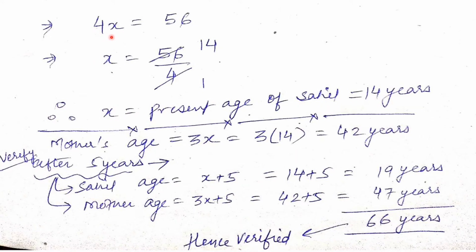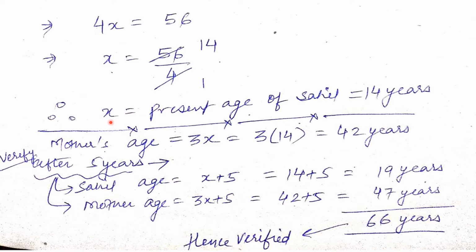Finally, we will see by covering x, 4 is extra over here and it is getting multiplied on this side. So we will transpose it to the right hand side, it comes in division. And when you solve it, you can solve it either by 2 or by 4. I did directly with 4, you can do with 2 also and then 4 also, no issue. So we all know 4 14s are 56. Or you can see like this, 4 ones are 4, 4 ones are 4, 1 left, 6 came as remainder, 4 4s are 16. So I got 14 as answer.